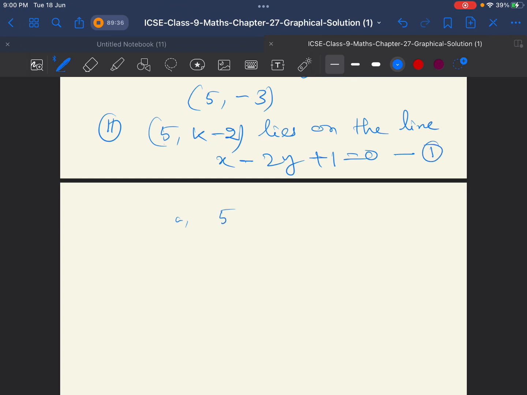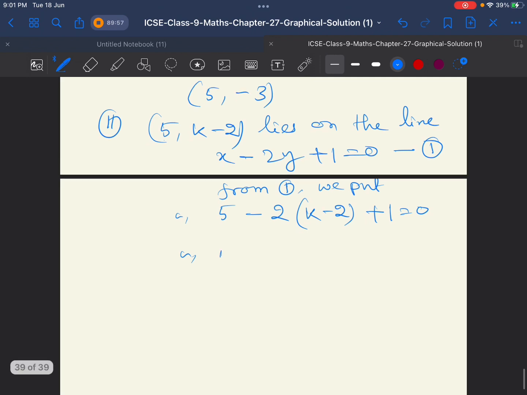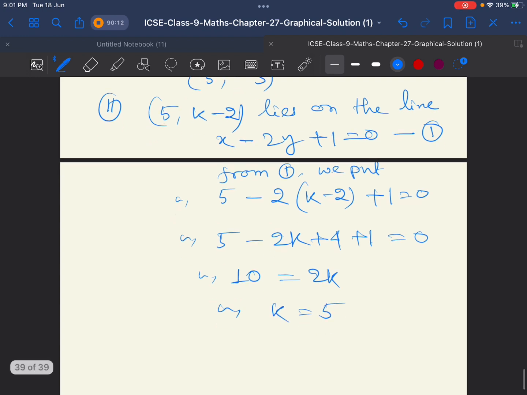So here x equals 5, we substitute the values of x and y in equation 1. So here x equals 5, y is k minus 2, plus 1 equals 0. From equation 1, we put the values of x and y. So 5 minus 2k plus 4 plus 1 equals 0, or 5 plus 5 is 10 equals 2k, or k equals